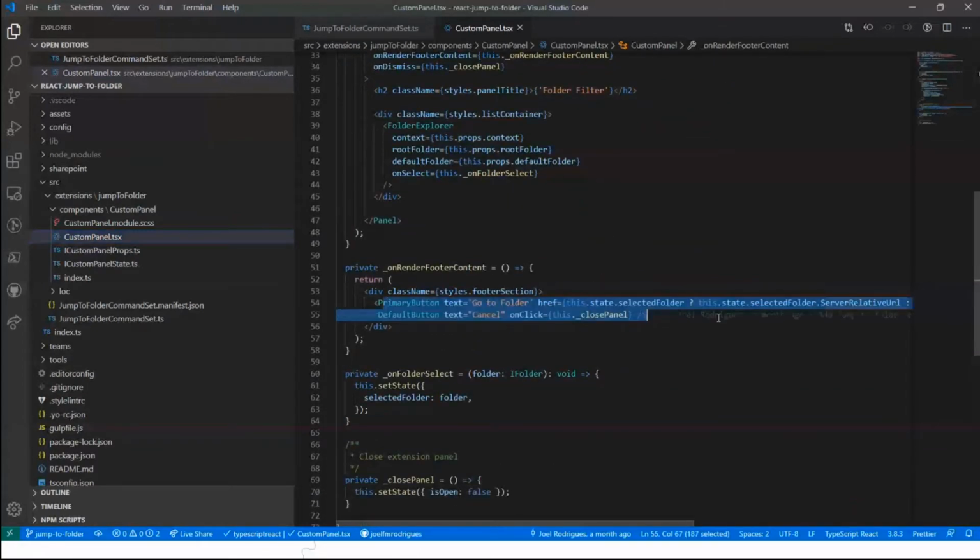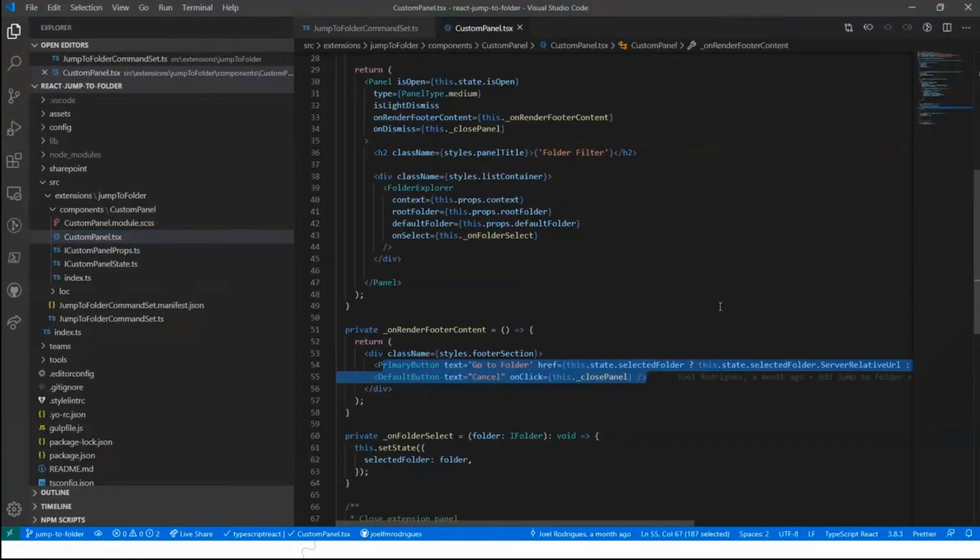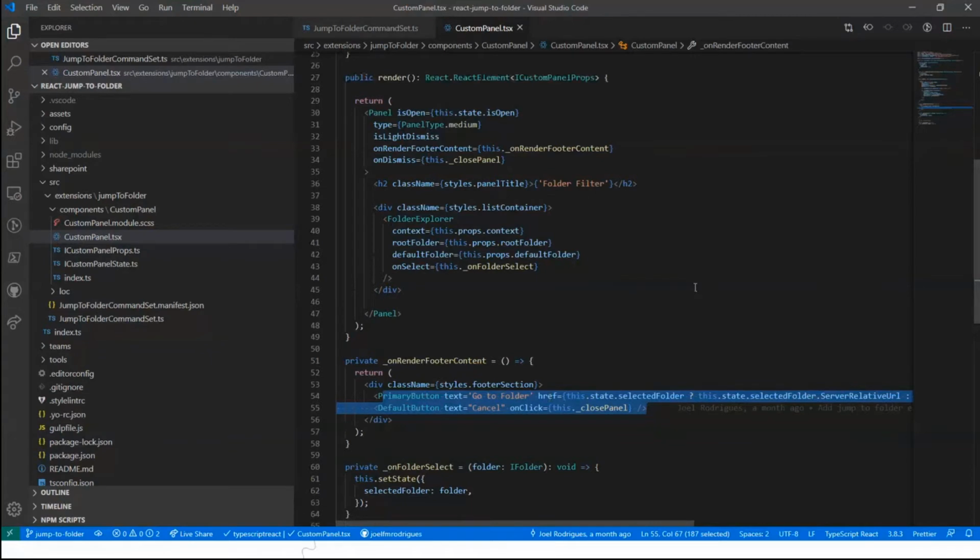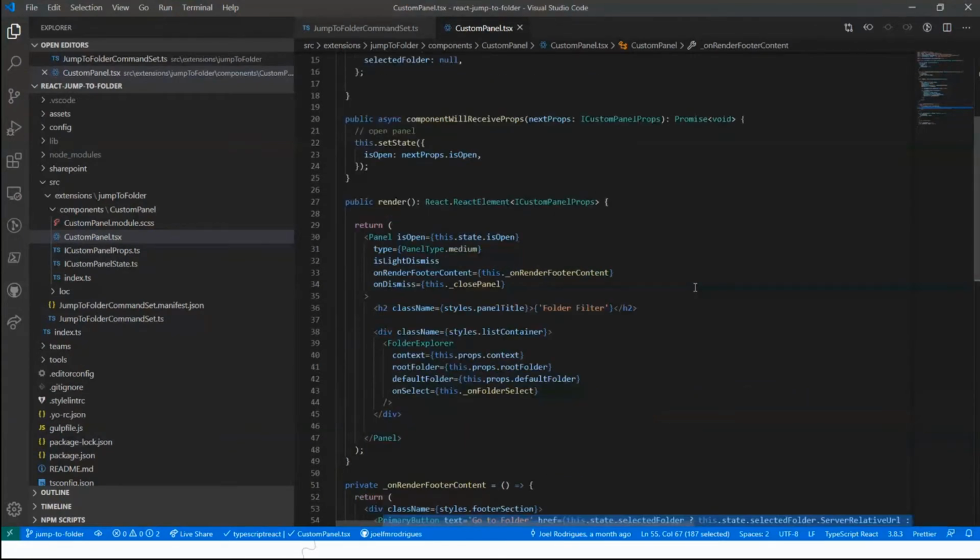So when you select a folder, we put that folder in state. If you click on the go to, we just redirect you to that folder. That's simple as that. Of course, there was more code here when I first created it, which was the logic to load folders and go back and forward on the breadcrumb, and a few more things like if I go here,